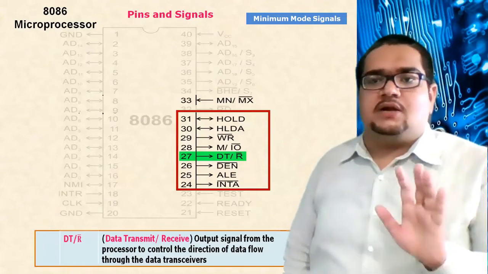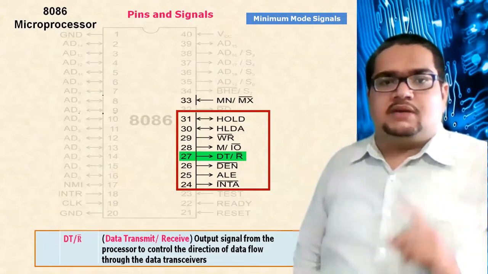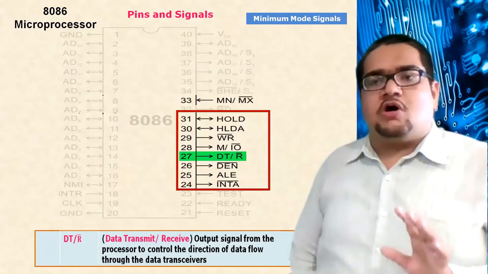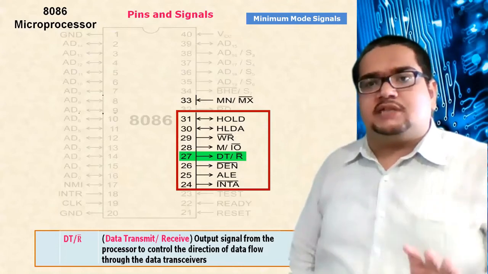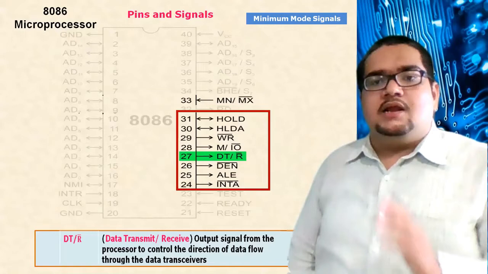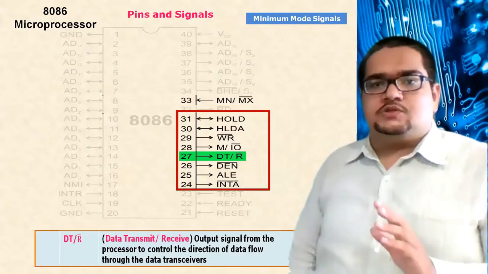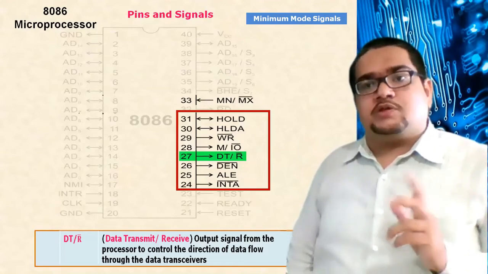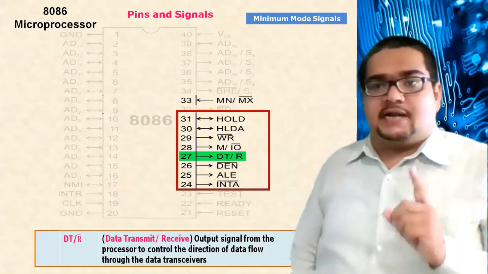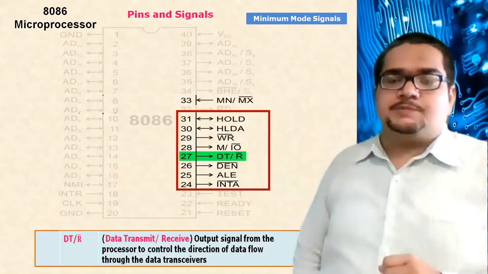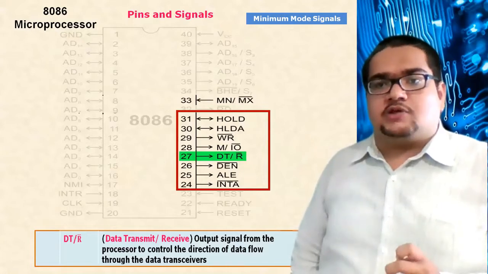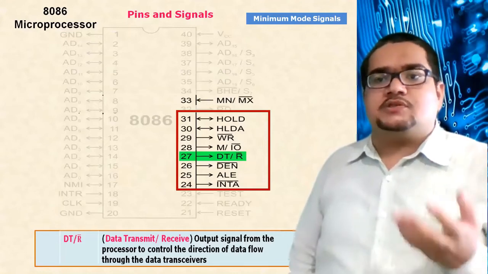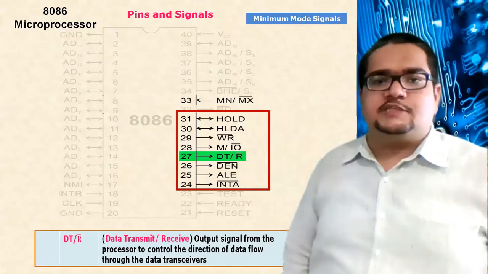So these are the processor control signals: pin number 32 that we saw earlier, then pin numbers 29, 28 and 27. These all are control signals given to the other peripherals, and also an indication to them of what is currently going on with the processor. The processor is reading or writing, reading from memory or writing to memory, or reading from the input devices or writing to the output devices. Here in pin number 27, a data operation is going on, but it indicates whether the processor is transmitting or reading the data. There is not much difference between this pin and read/write.